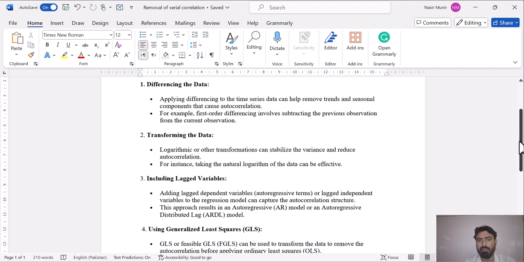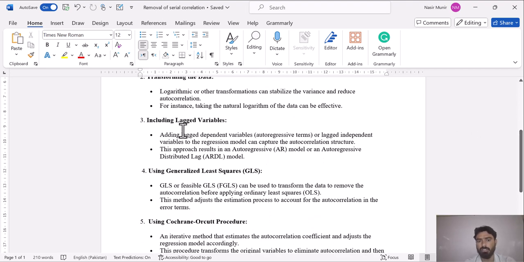And the third one is to include a lagged variable. Include the lag of your dependent variable. If you are taking only the lag of your dependent variable, then it is called autoregressive, as the dependent variable is depending on its own lag.